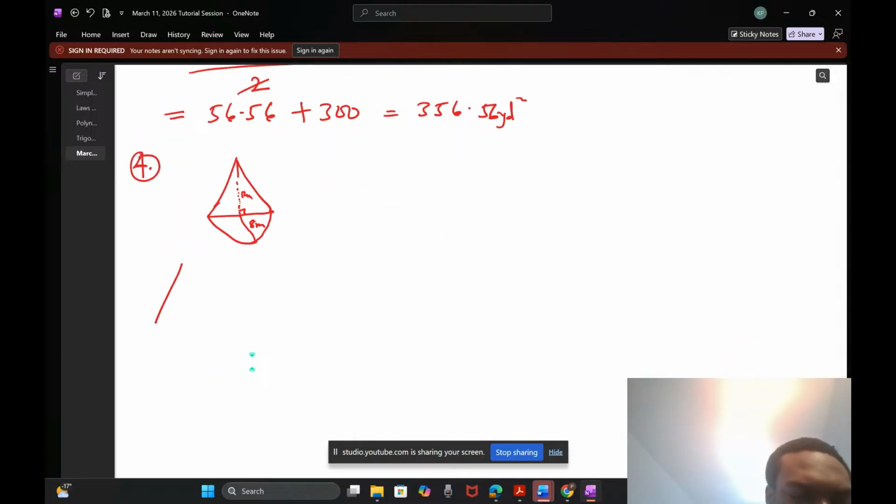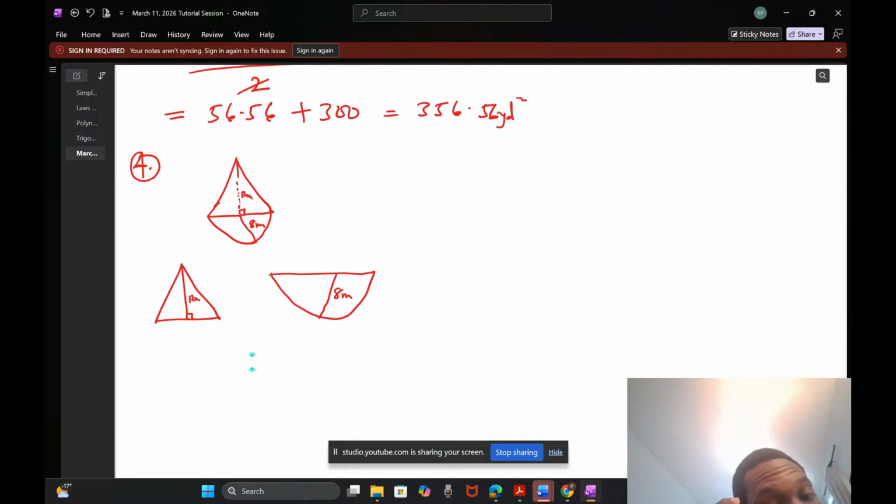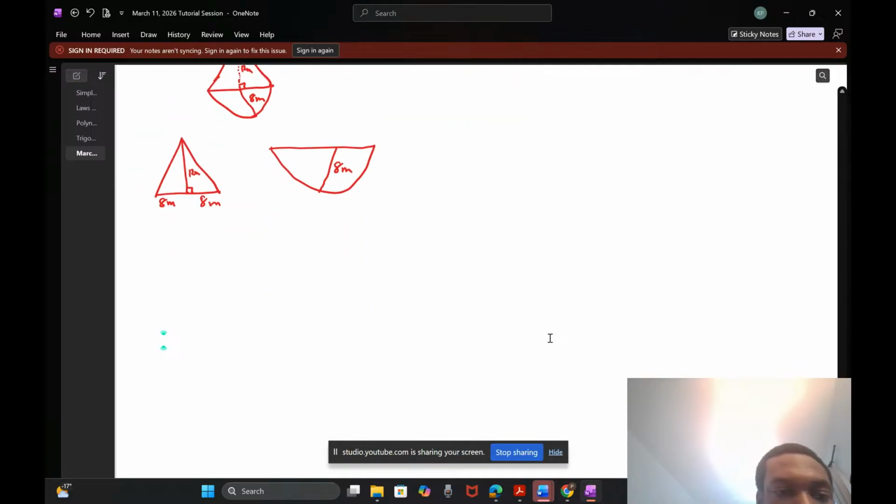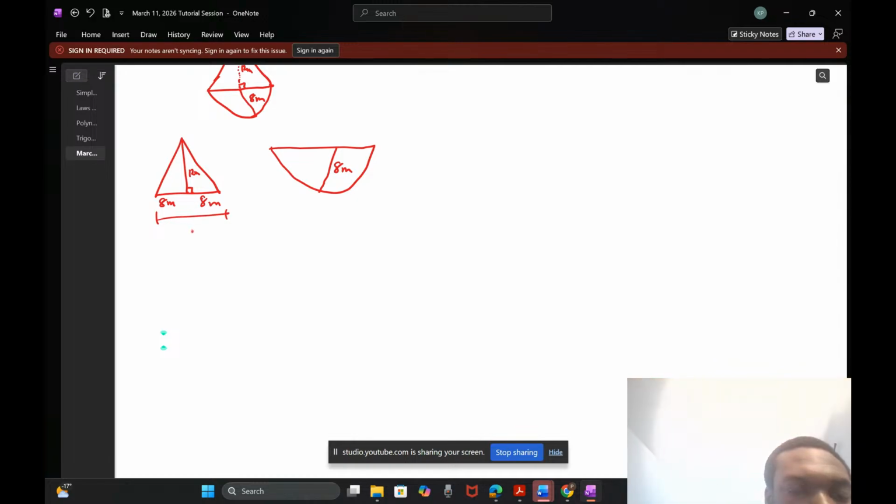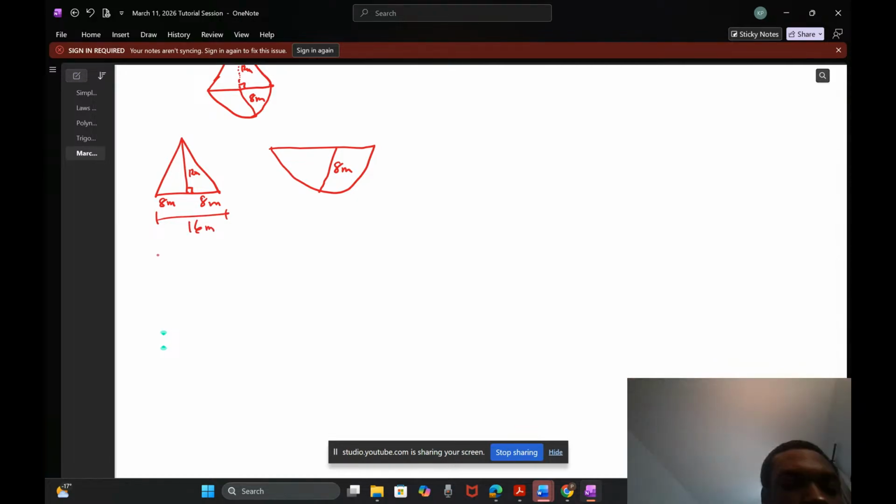So let's split out the two shapes. So this is 12 meters. This is 8 meters. Okay. So let's make the length of this radius to be the length of this side. Because we can say that this side is equal to the length of this side. Okay. So this is 8 meters. And this is also 8 meters. Okay. So in this case, this place to this place is 16 meters. Okay. So the area of the shape